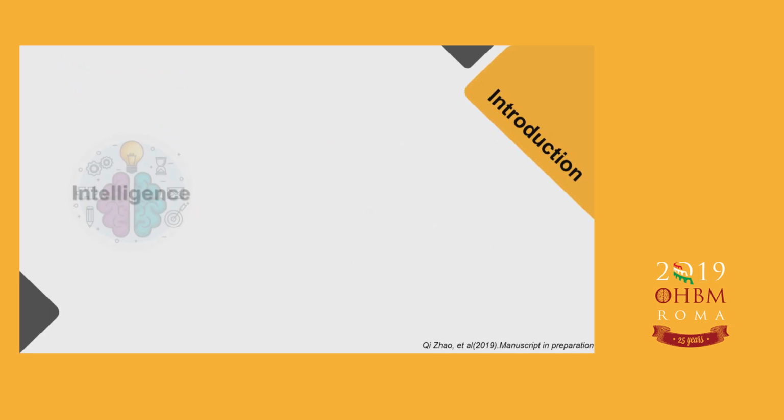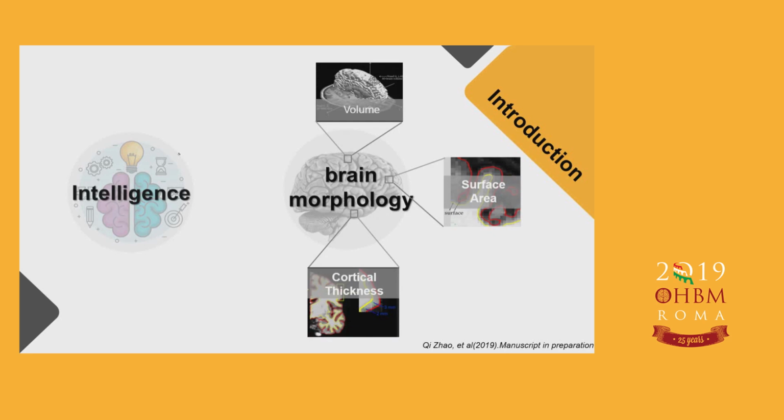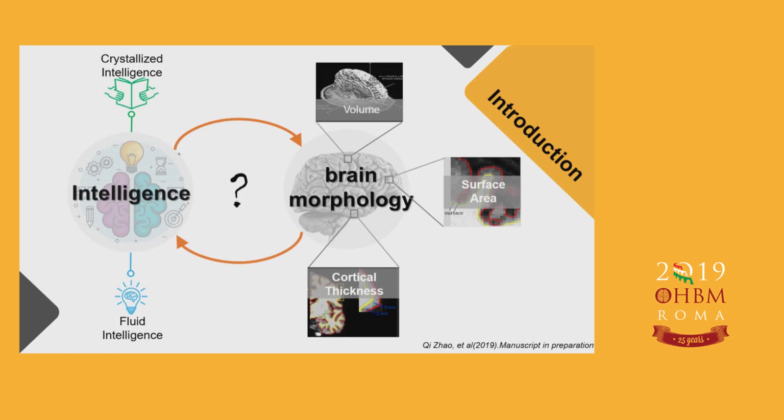The relationship between intelligence and brain morphology is of great concern in the cognitive field. General intelligence can be defined as the weighted sum of fluid and crystallized abilities. Fluid abilities depend more on genes and gene expression. Crystallized intelligence, in contrast, depends more on experiences. However, the biological foundation of human intelligence remains to be revealed. We aim to identify the association between intelligence and cortical thickness in adolescents, both from commonality and individuality.